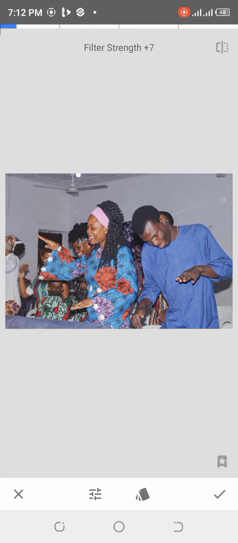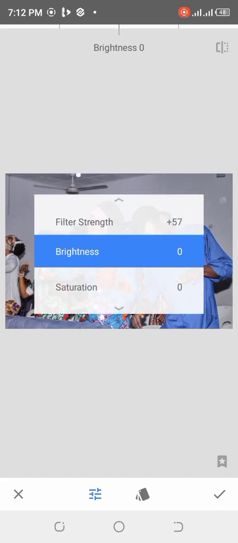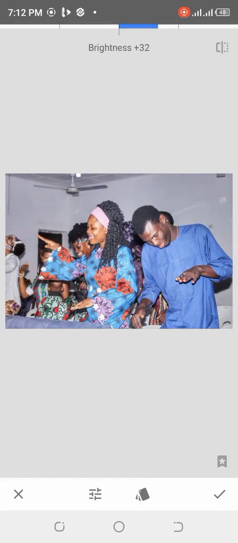But however, if you leave it like this, it's not really professional, because there's no difference between this picture and the unedited one. So basically I will just, let me say I want to increase it a little bit, and if there is need for brightness, you can easily add brightness to it. And if there's a need for saturation, you can add saturation. But one of the things you need to know about saturation is that